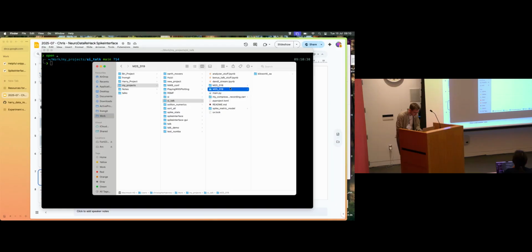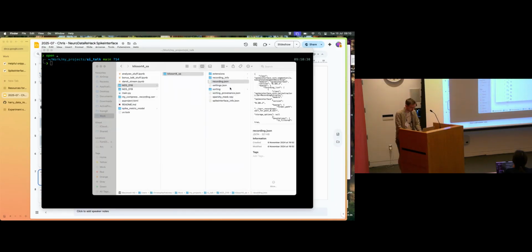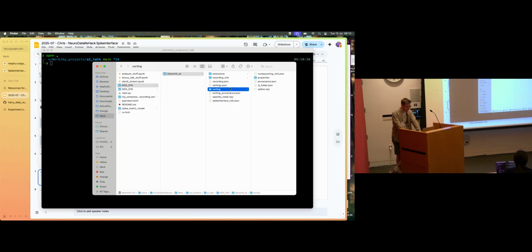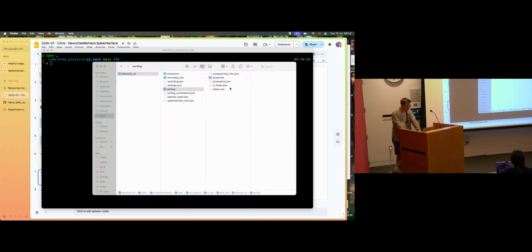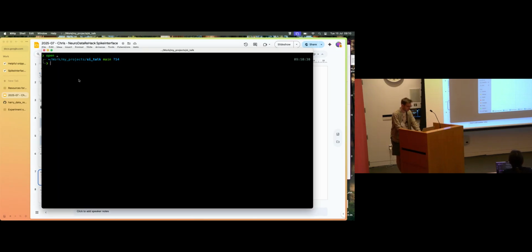OK, doesn't matter. Here's an analyzer. It contains information about the recording. It contains information about the sorting that you've done. And then it has a bunch of these extensions, which are really just simple NPZ files and some information about how they are computed. But once you have this,